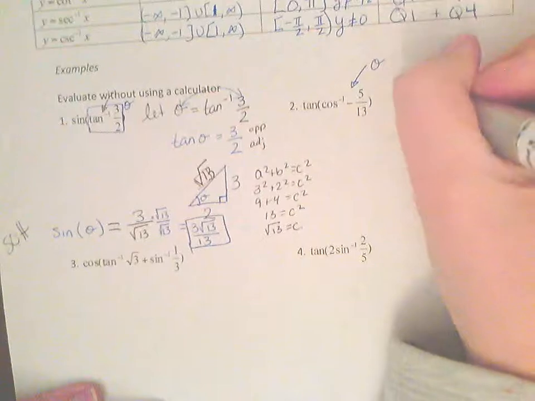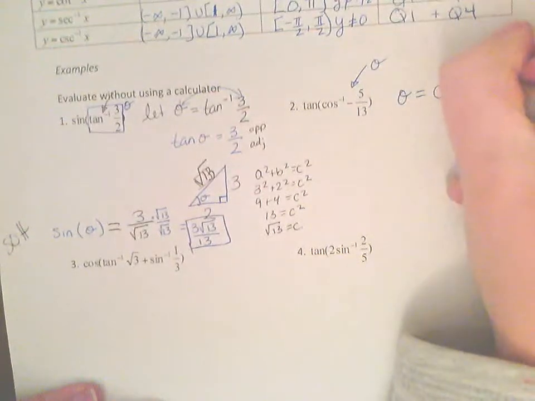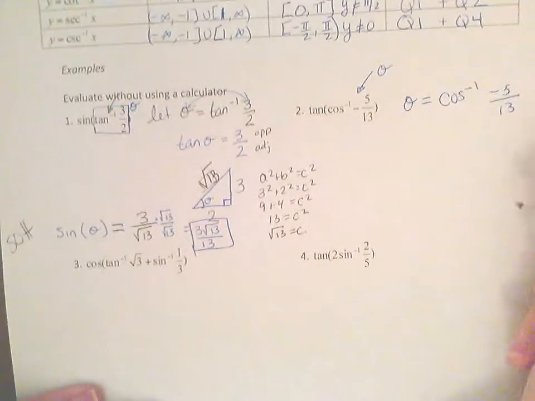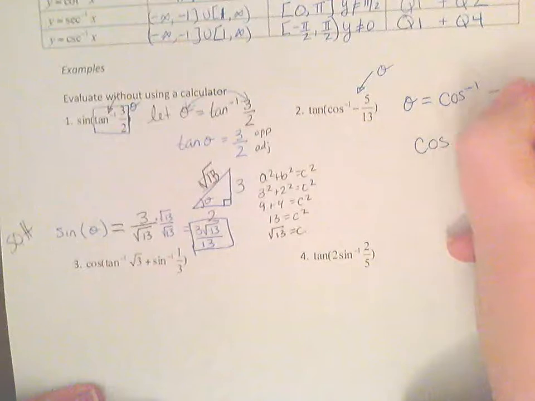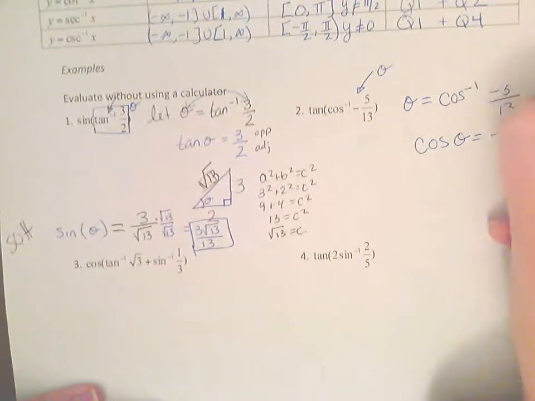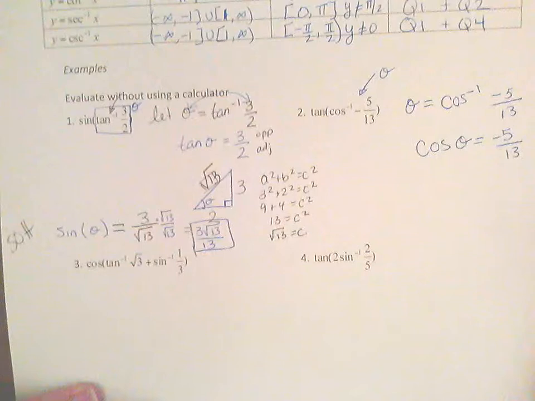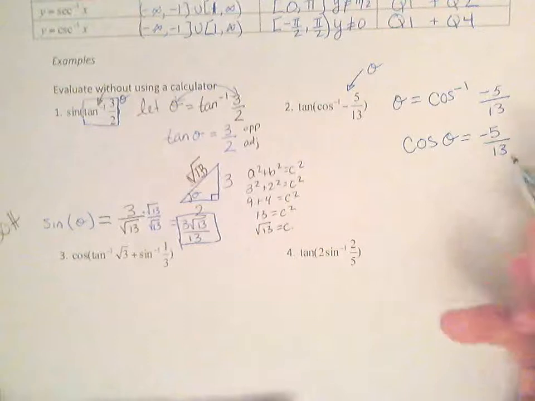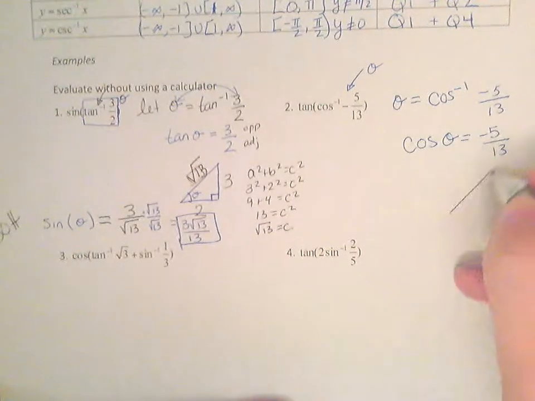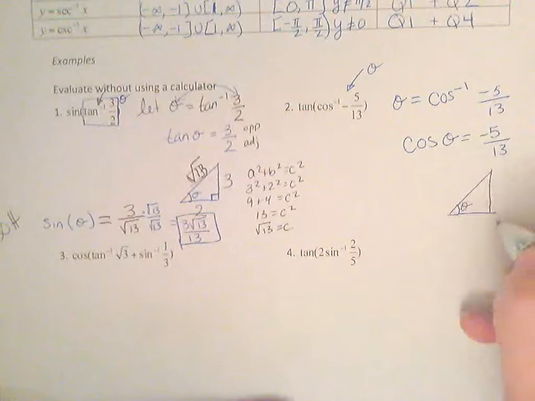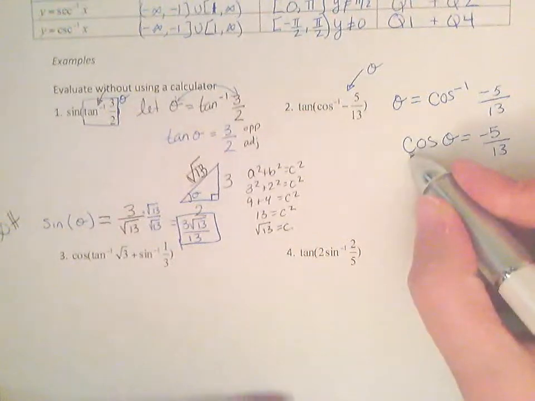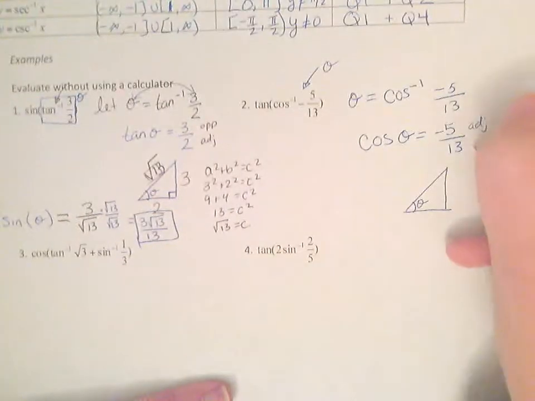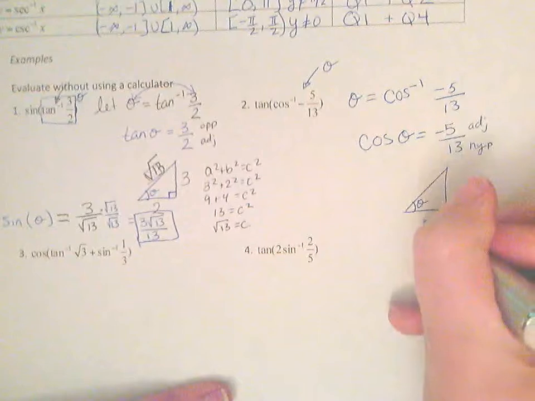Let this guy be theta. So theta is equal to inverse cosine of -5 over 13. Rewrite that. So cosine of theta is equal to -5 over 13. And it doesn't matter which one you make negative and positive, because in the end they're both going to be included in the equation. So now when we make our triangle, this is theta, and it's cosine. So cosine is the CA. So this guy right here is adjacent, and this is my hypotenuse. So adjacent is,